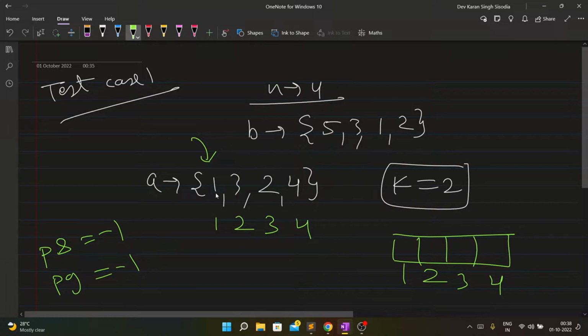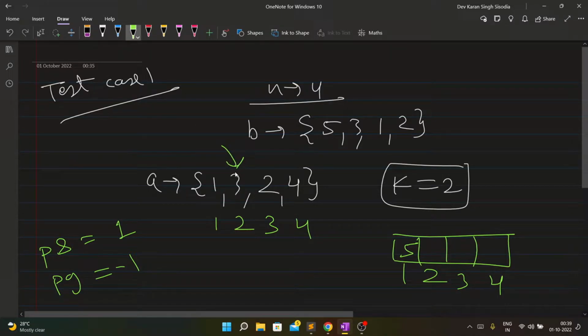Now I am at 1. 1 is less than or equal to k, 1 is less than or equal to 2, so this is the smaller element. For a smaller element we have to replace with the previous greater element, and we notice that we don't have any previous greater element. Then we have to replace b of a of i with n plus 1 if we don't have any previous greater. So I will replace this with n plus 1, which is 5. This is a smaller element, so I will also update the previous smaller element with its value, which is 1. Then I will move forward.